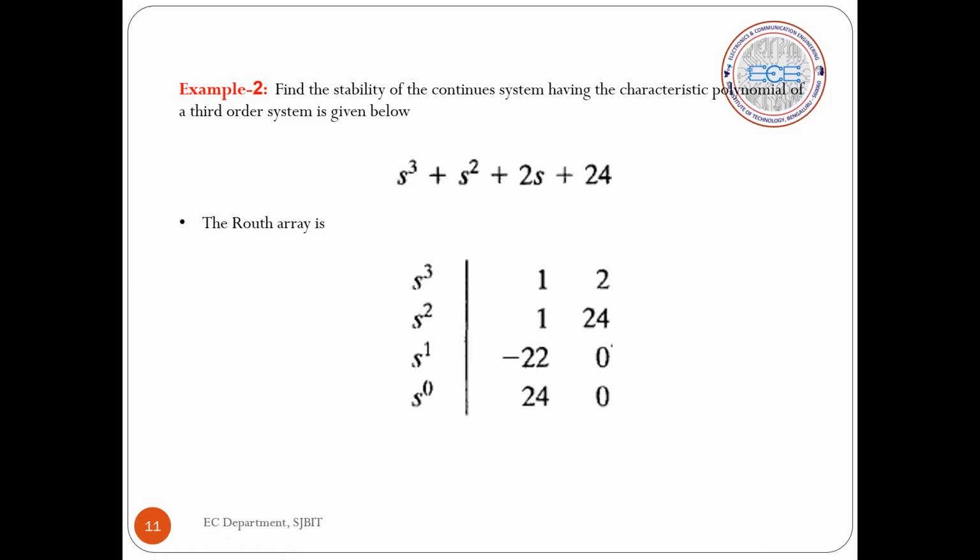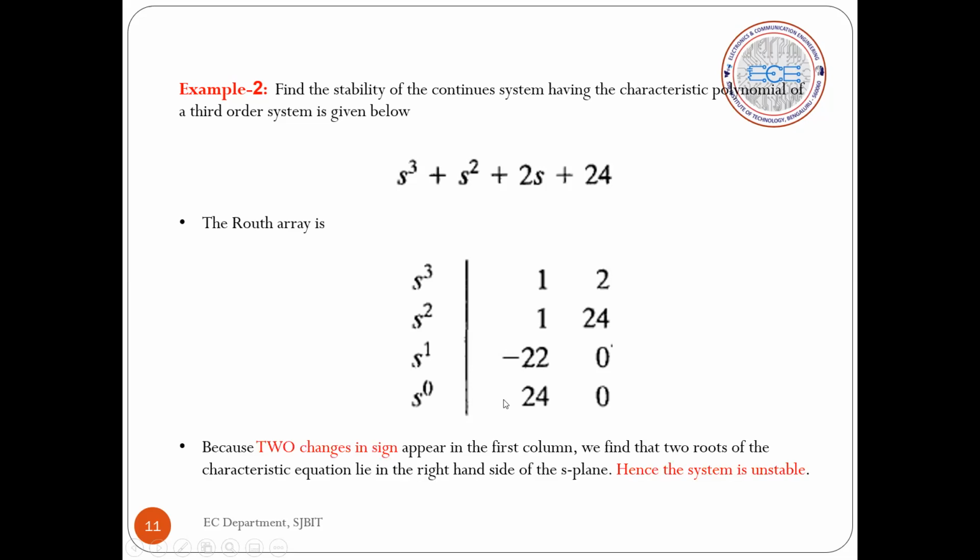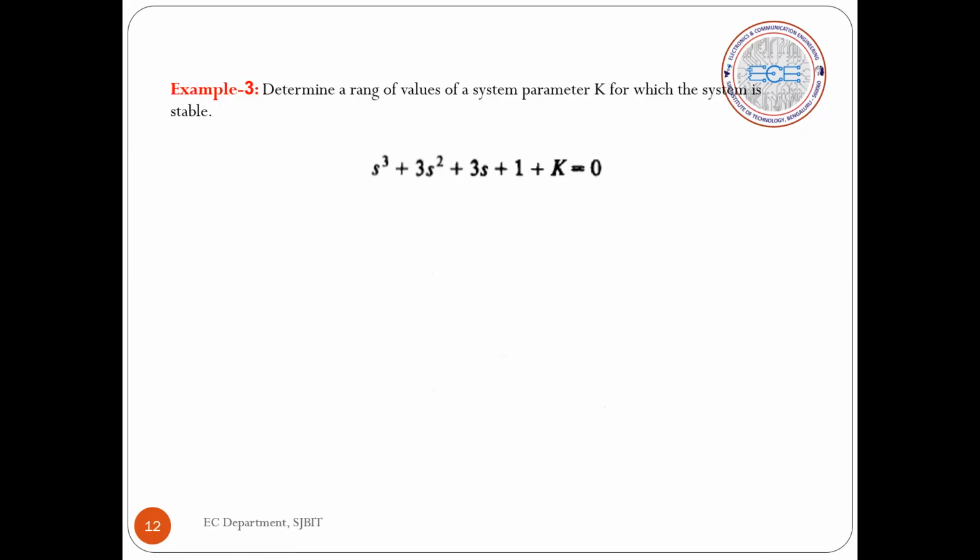What's the inference? In the first column of the Routh-Hurwitz table, if you find two sign changes happening, then we say that in the right half of the s plane there exist two roots. Because two roots exist in the right half of the s plane, the system is unstable. Okay, so next we have the s cube expression, that is a third order expression,